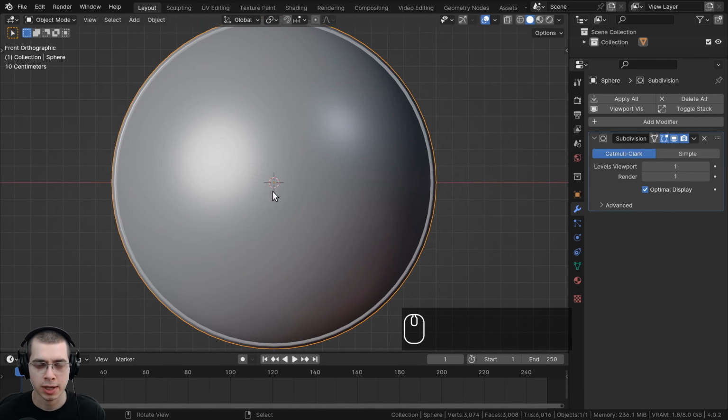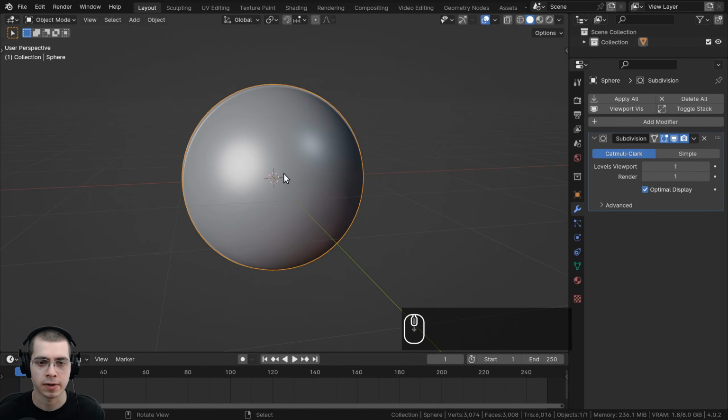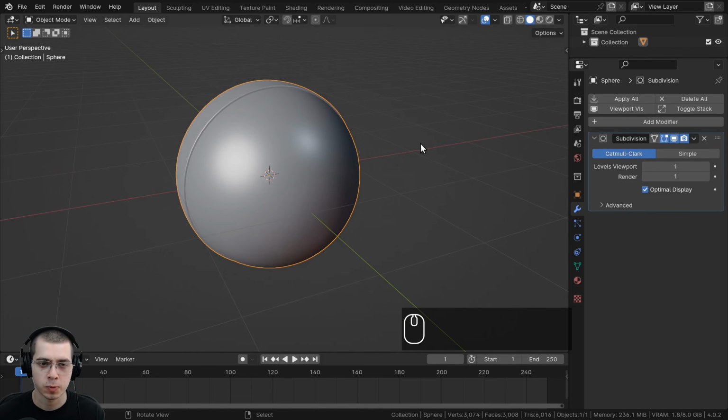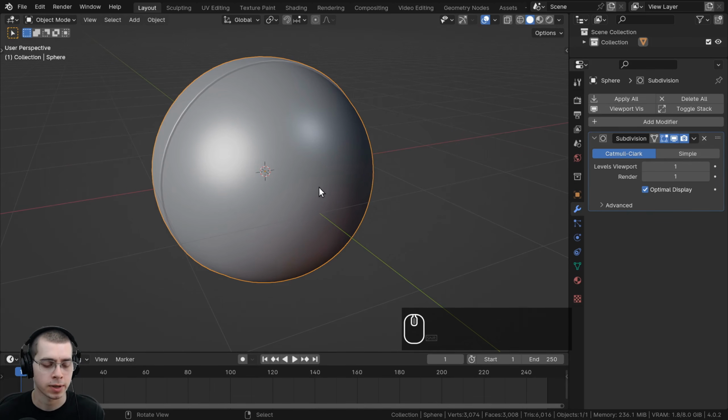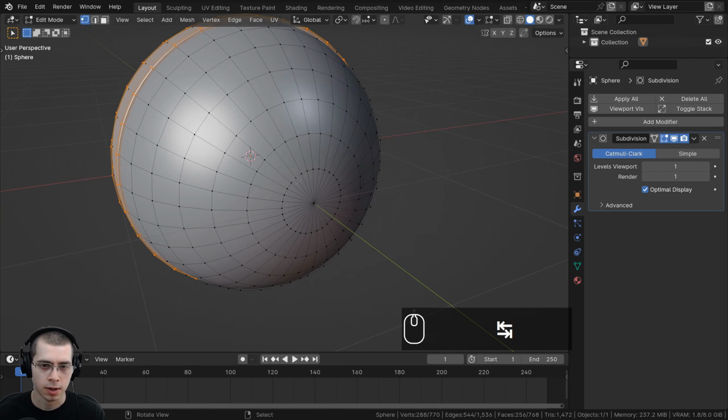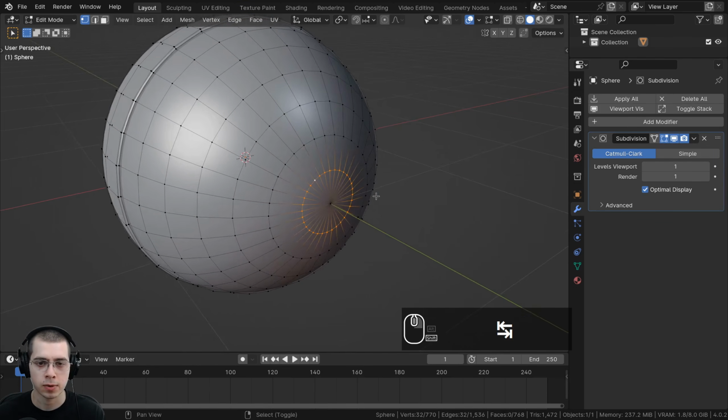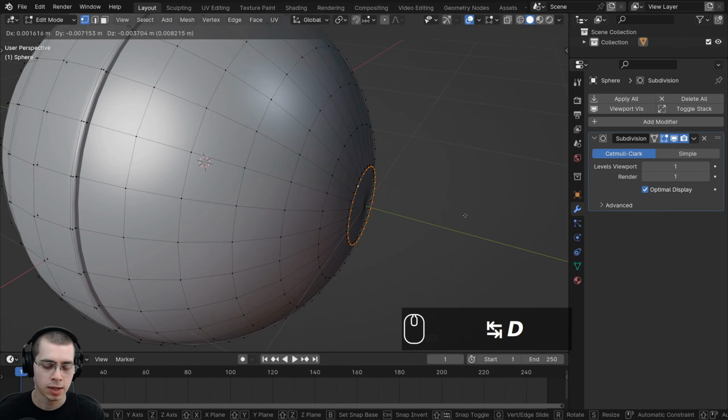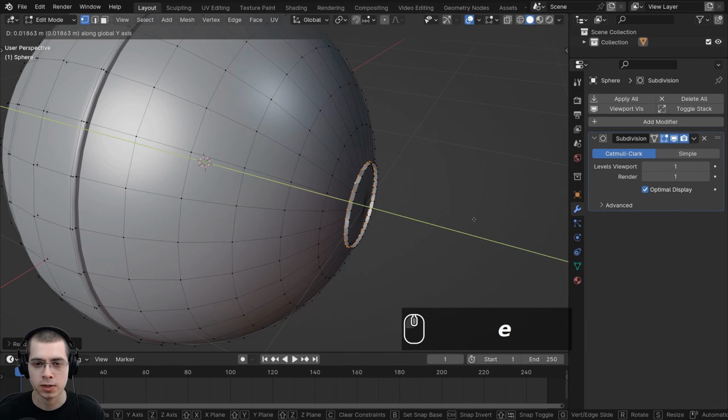Now, if I press 1 on the numpad to go to front view, I want to add a little tube which is going to come out on this side of the sphere, so on the front of the sphere. And that little tube is going to connect to the other rings. So I'll go into edit mode. I'll hold down the Alt key and select that loop there. I'll duplicate it with Shift D, and let's bring it out on the Y-axis, and I can scale the whole thing up a little bit, and then I can extrude it back in on the Y-axis, scale that up,